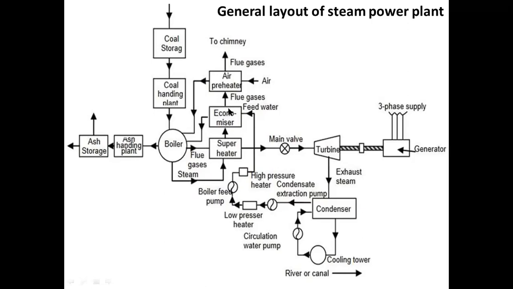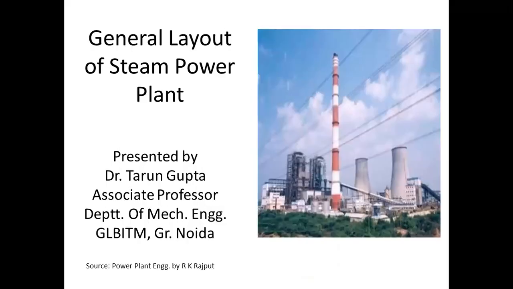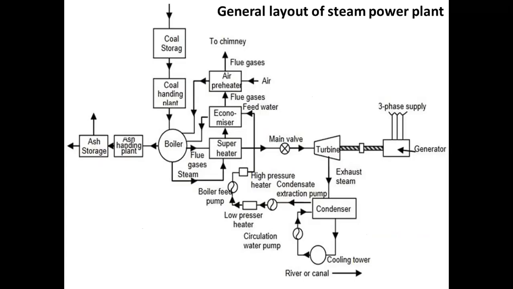Economizer is a device where we preheat the feed water with the help of flue gases. So friends, here you can see, this preheated water is supplied to the boiler. Now come back to here. In the condenser, we are exchanging the heat of the exhaust steam. So every time we are using cold water or fresh water; cold water can be taken from the river or canal, or we can use cooling towers for recirculating the cooling water again and again.